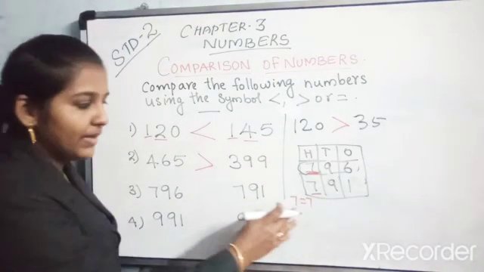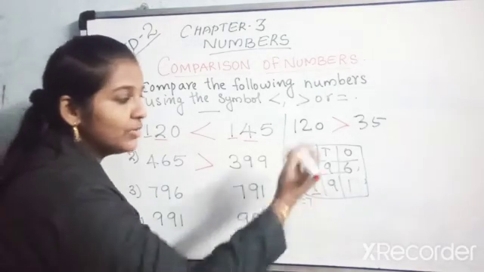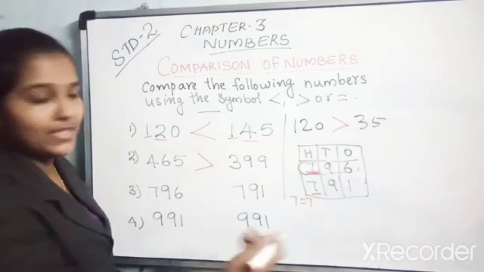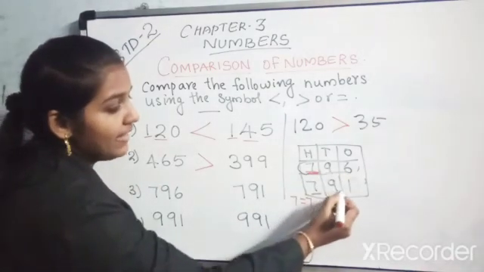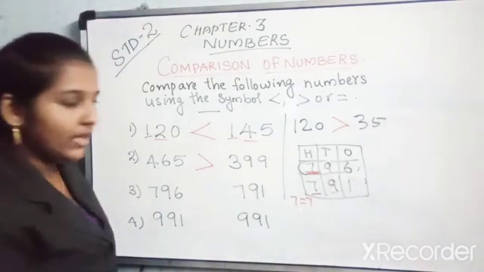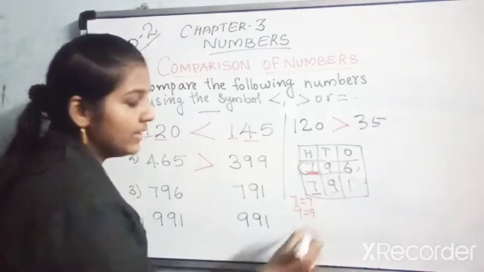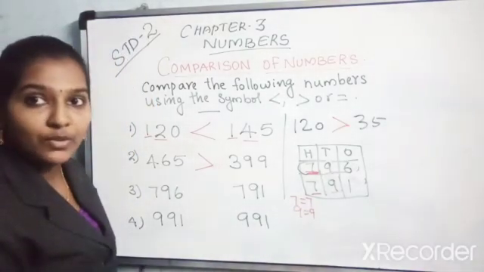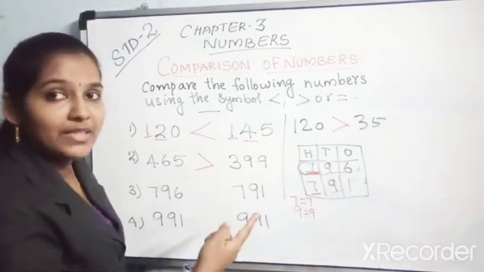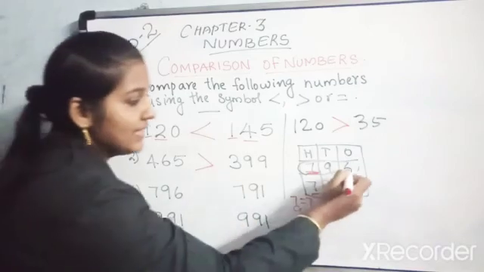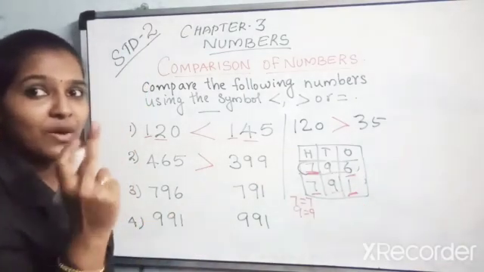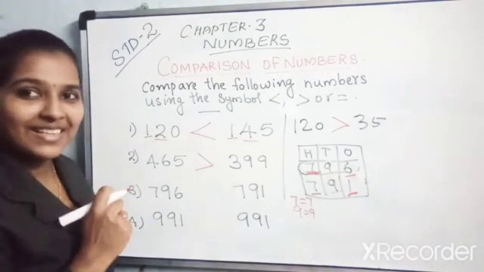So we cannot compare it here in the first step. You have to move to the next step. That is, you compare the digits in the tens place. The tens place digits are 9 and 9. And we know 9 is equal to 9 also. So we got 9 equal to 9 in the second step. Now we have to move to the third step to compare these numbers. That is, compare the digits in the ones place. That is 6 and 1. Among these, which is the greater one? 6 or 1? 6 is greater than 1, isn't it?